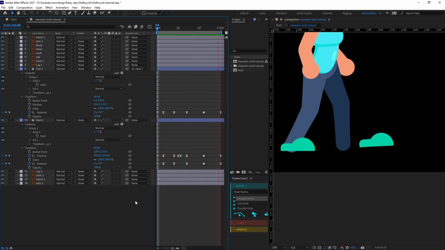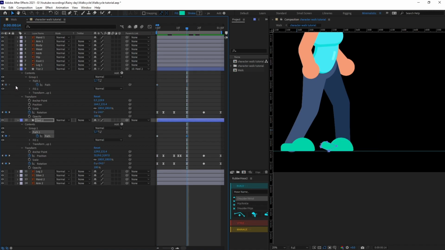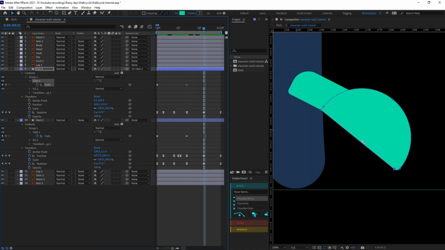Now we are going to morph the shapes a bit to get the lower portion view of the shoe, because when the character walks in this view, we can see a slight bottom portion of the shoe as well. So let's put path property keyframes, jump onto the next contact pose and do the same. At this passing pose, we are going to make the edges a bit curved. So let's do that.